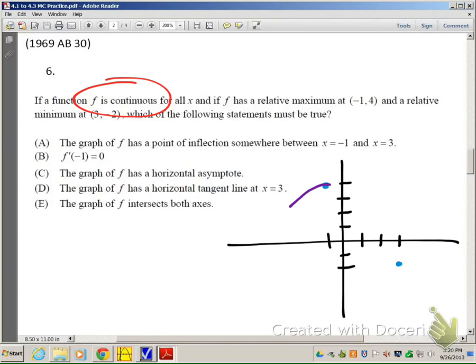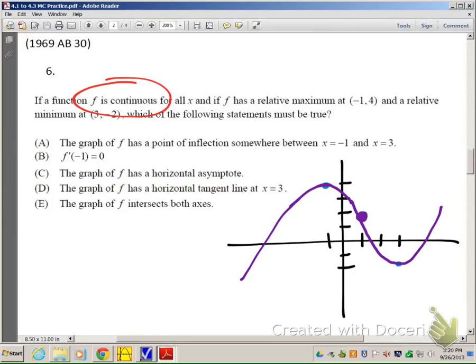If we did, let's say, relative maximum nice and smooth there, and then a relative minimum nice and smooth there, it might look like at first glance that A is possible, that you have to have a point of inflection somewhere in between. Well, you would if the graph looked like that. If it was nice and differentiable, then yes, you would definitely have to have that, but it